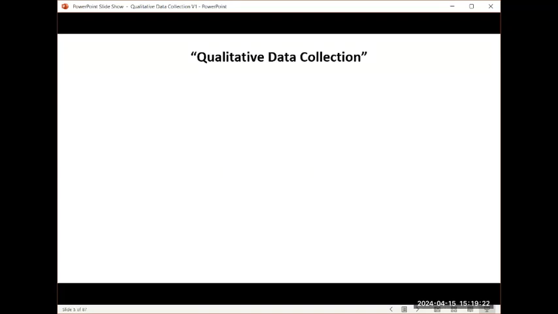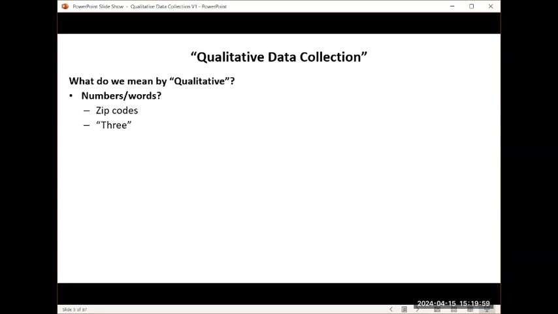So what do we mean by qualitative data collection? Now, I'm going to draw you back to what I learned in middle school, which was grammar. Qualitative is an adjective, and it modifies nouns. The question is, A, what do we mean by qualitative, and eventually, what does it modify? So what is qualitative as opposed to quantitative? What I often hear when I ask this question is that we talk about numbers and words.